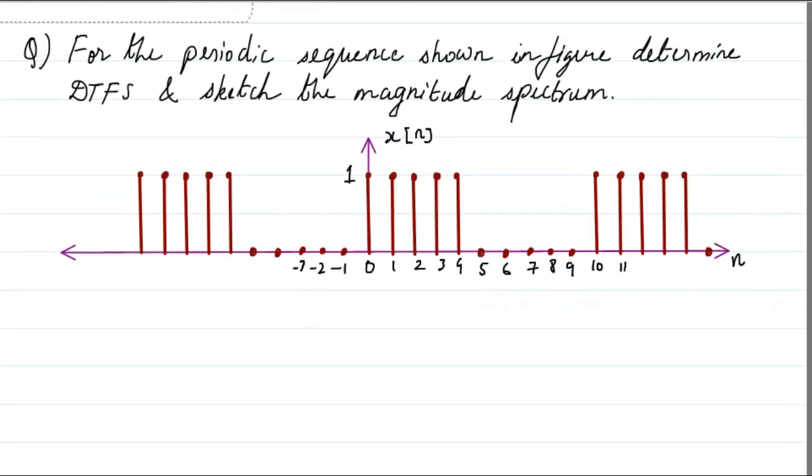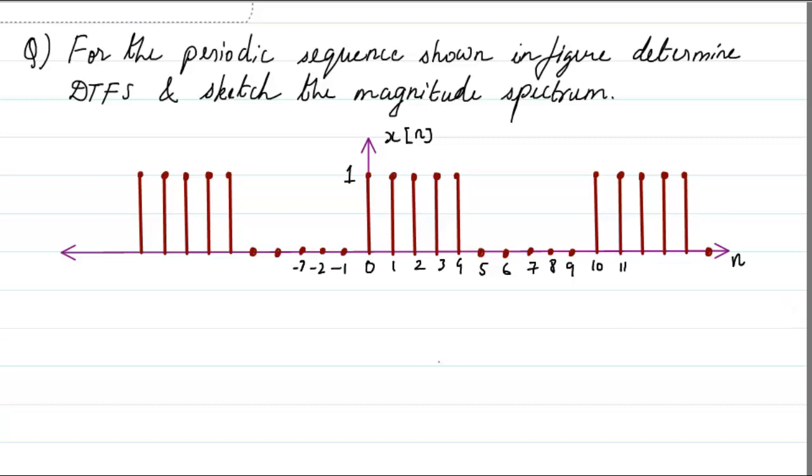Hello students, let us look at the next problem for discrete time Fourier series. This is a numerical that comes generally in most of the examinations. The periodic sequence is shown in the figure and we have to determine the DTFS and sketch the magnitude spectrum. DTFS means discrete time Fourier series. So we have to find out the Fourier series of this particular